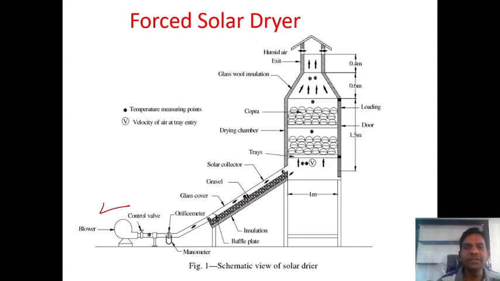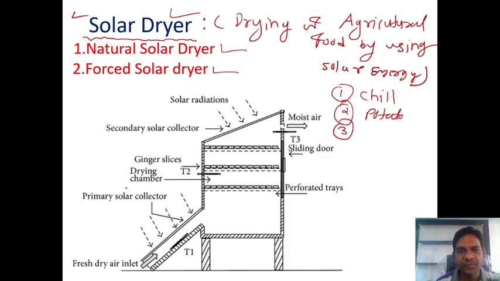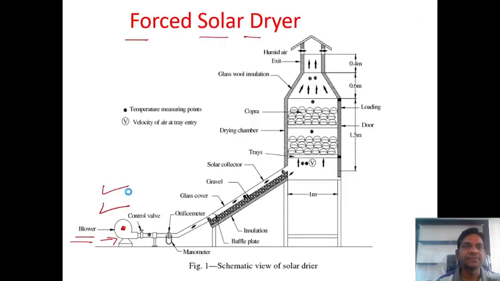Okay, means to increase the drying capacity of the solar dryer, this will be increased with the help of the blowers. Means we have to connect this external source, and this external source requires some external energy in the form of electricity. So this is very costly as compared to natural circulation. In natural circulation there is only the density difference of hot air and cold air. Here it is to increase the mass flow rate of the air. For that purpose we can use this blower, guys. Otherwise the function of the solar dryer will be the same, just like our previous natural solar dryers. Okay, guys. So this is the simple example of solar dryers.